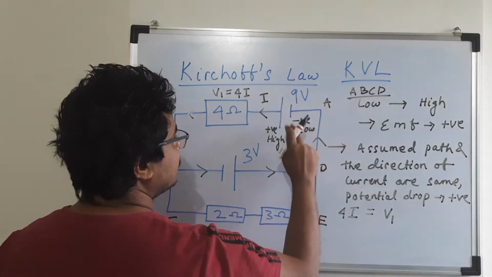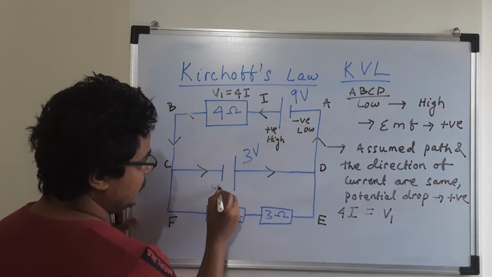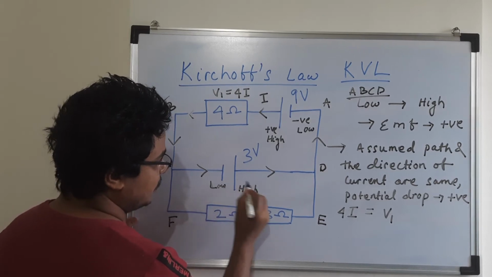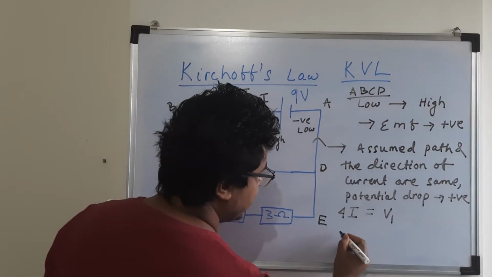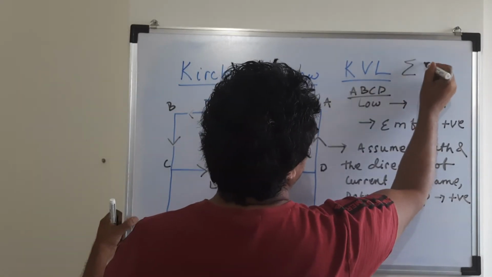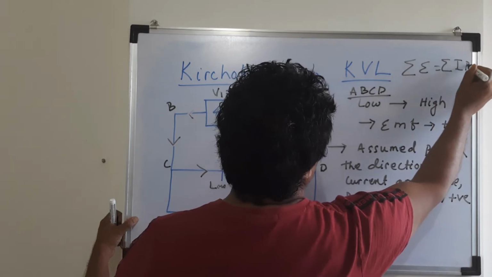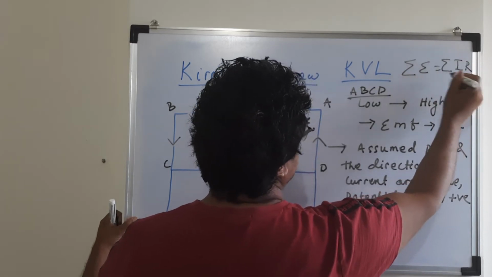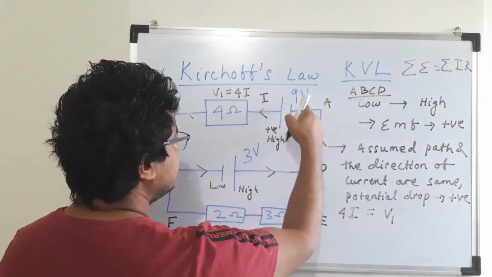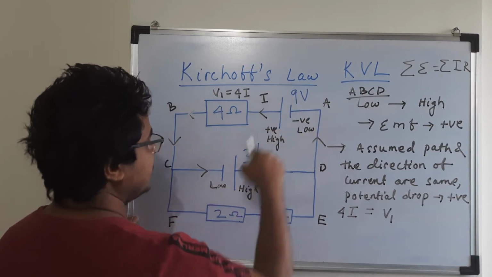So we got 9 volt, low to high. Again in this direction you got low to high, it's moving, so this will also be plus. So we can write using KVL, as we said, sum over E is equal to sum over IR. Sum over IR gives you the potential drop across the resistor. Sum over E gives you the net EMF. So here net EMF, this is positive low to high, this is positive low to high, 9 plus 3, 12